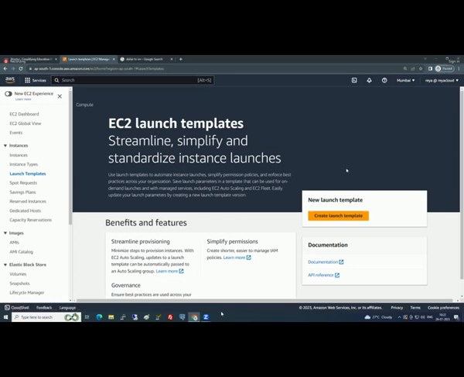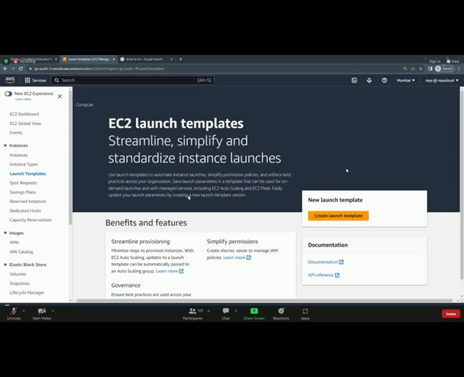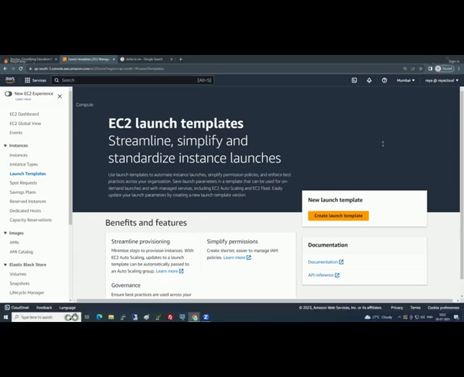Okay, so we have launch templates. Did we learn about launch templates? How many steps are there to launch an EC2 instance? 7 steps. Can you make all those 7 steps a template, and then launch an EC2 instance whenever you want, just like that? Yes. And we have spot, savings plan.